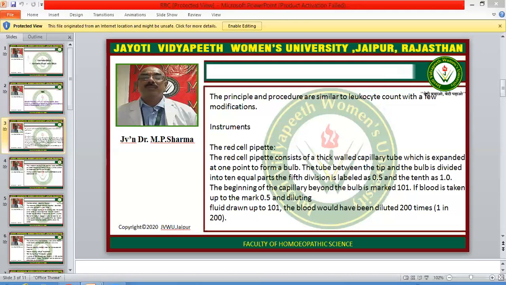RBC diluting fluid. The solution contains 1 volume of 40% formaldehyde or formalin in 100 volumes of 3% trisodium citrate. The formalin acts as a preservative and citrate as an anticoagulant. Now method. Draw blood in the pipette up to the mark 0.5 and diluting fluid up to the mark 101